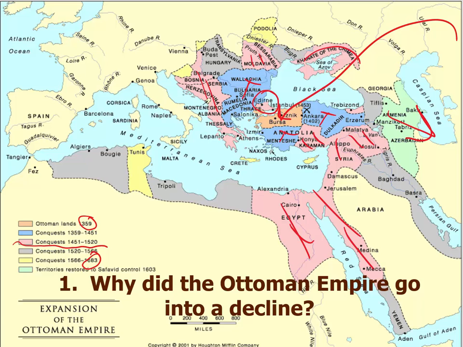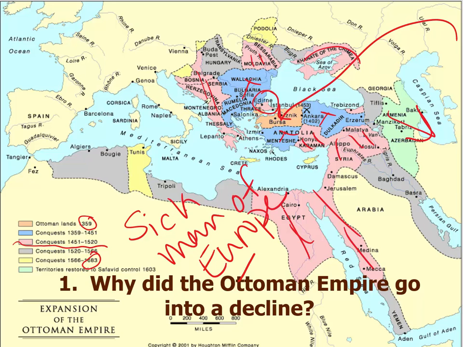But the problem is, by the time it reaches its greatest extent in the 17th century, it has overexpanded itself, and it begins to become known as the sick man of Europe, which is not exactly how you want to be seen by the rest of the world if you're an empire. For the 17th century into the 18th century, it's almost like they were allowed to exist, because the great powers of Europe realized that if the Ottoman Empire fell, it would create a huge, massive power vacuum, and all the powers would start scrambling to gain control of the empire, and it would cause a massive war in Europe.